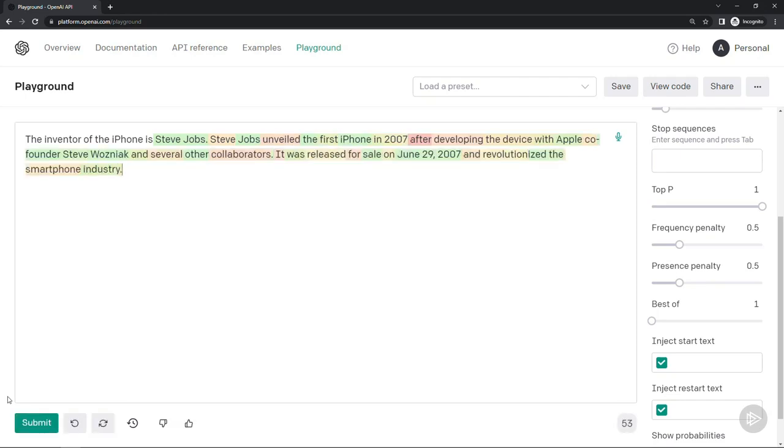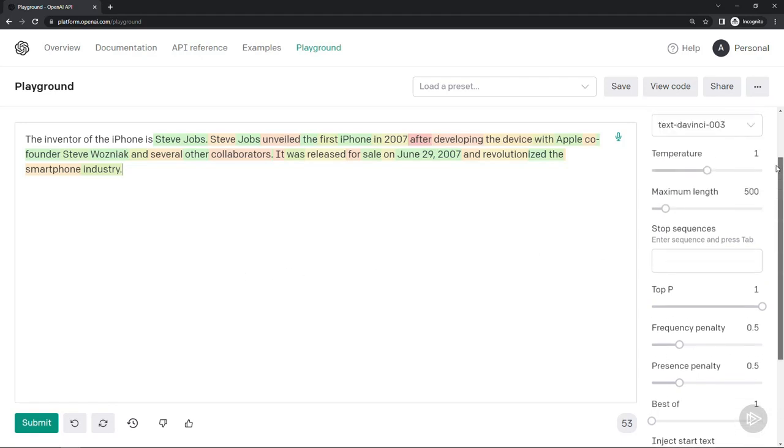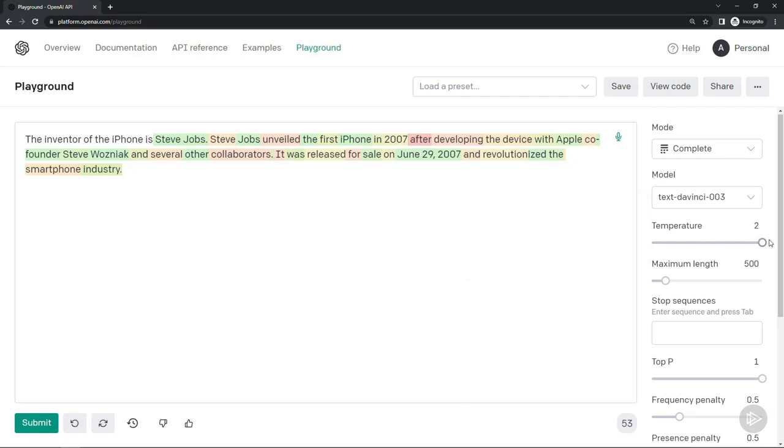So we see there's more diversity in the words. And with the color tagging, we can see it's also still taking a little bit more risk. It's not always choosing the word with the highest probability. We have more pink and red highlights here. If we were to bump up the temperature as high as it will go, up to 2, and try this again,